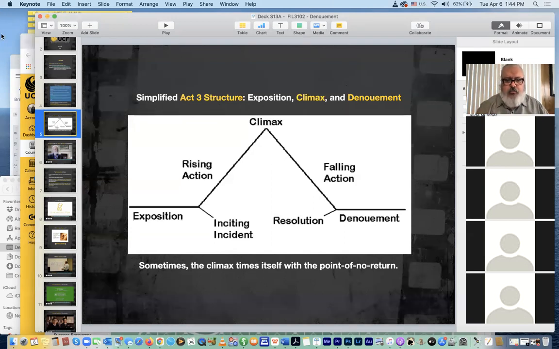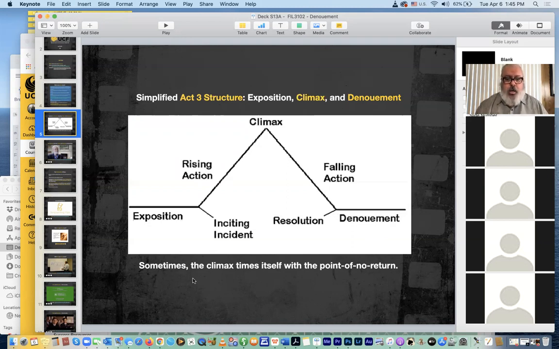So we've discussed all of this already. The world as we see it, how does it change right here? The inciting incident causes a decision or a plan of action, and then the ascent towards conflict and climax, and then the falling action, which is the aftermath, and then some kind of resolution or wrapping up of the total story and its premise, right? And it starts here with the resolution.